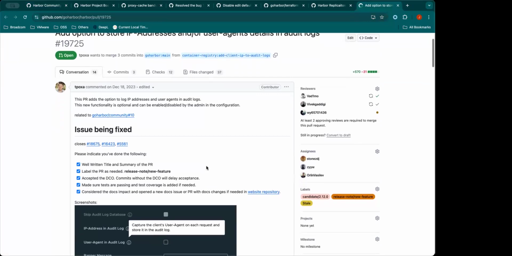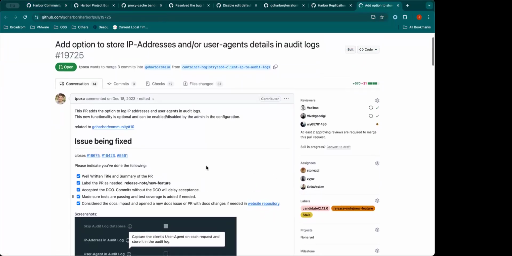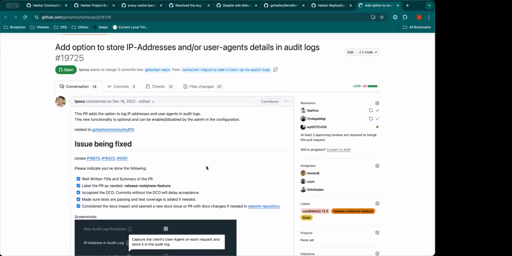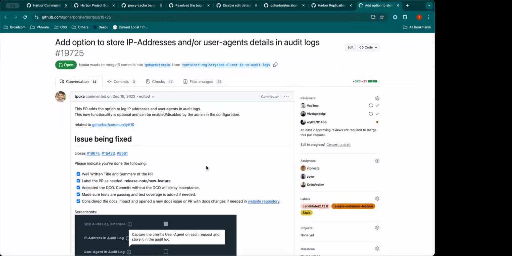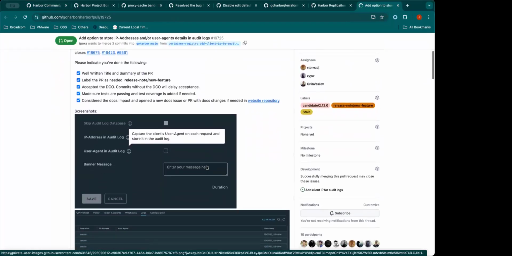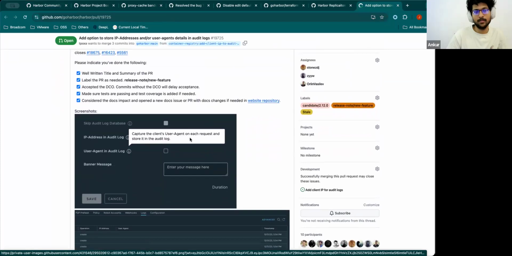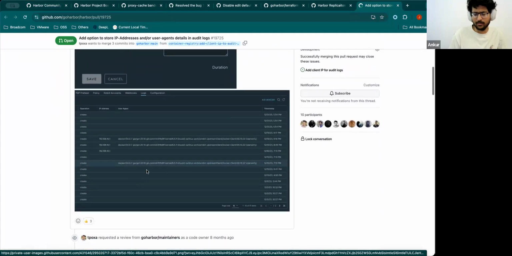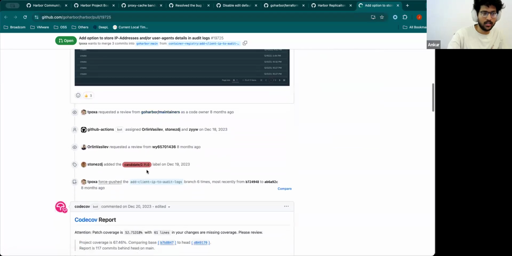As for the IP, I haven't reviewed it, but is that reliable? For example, if the client is using a proxy, the server will think the request is from the proxy. So currently the PR which is implementing it is verifying it in three ways: from X-Forwarded-For, X-Real-IP, and also from Forwarded.